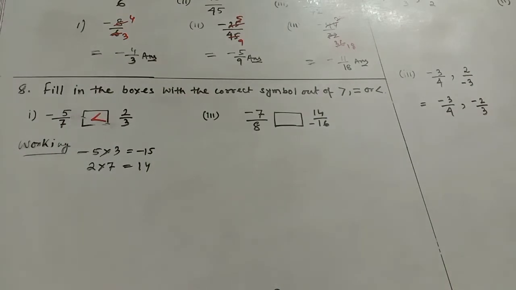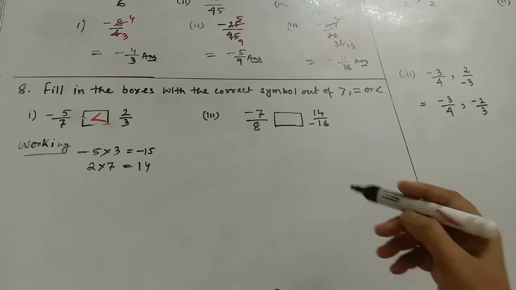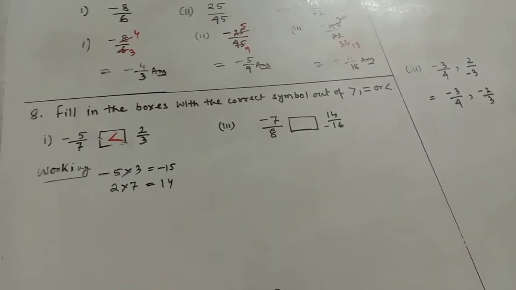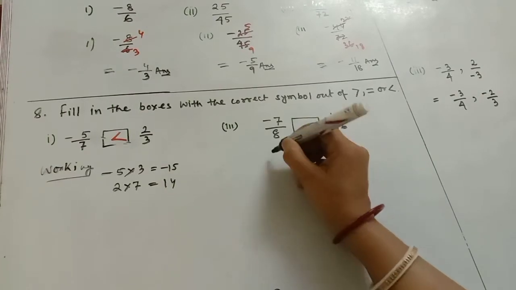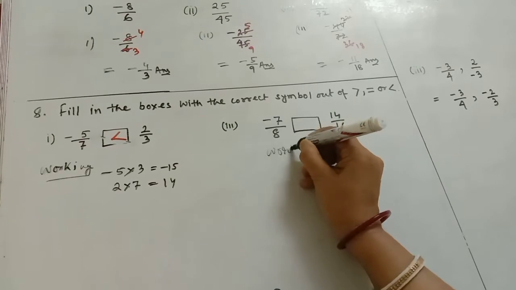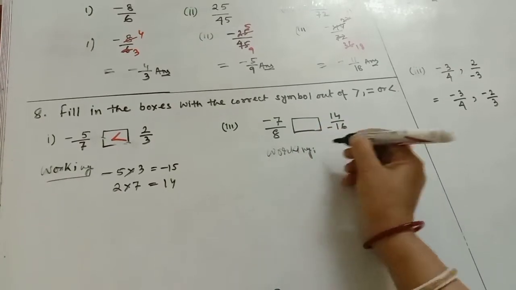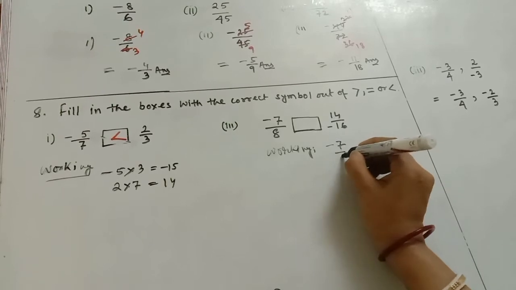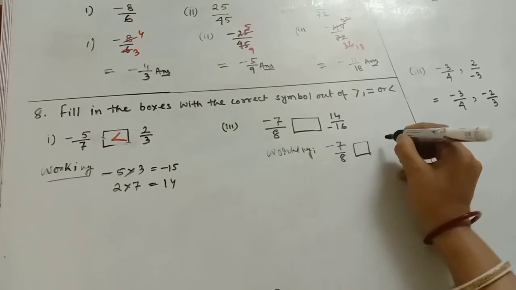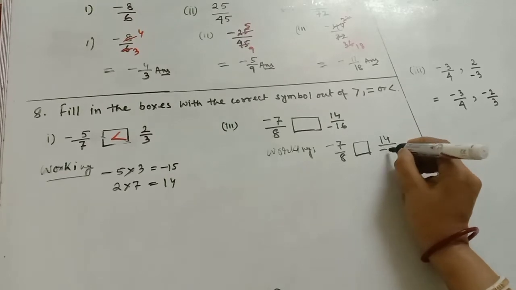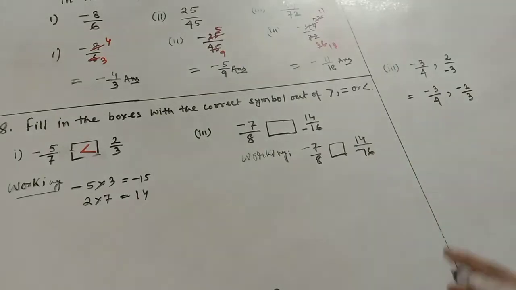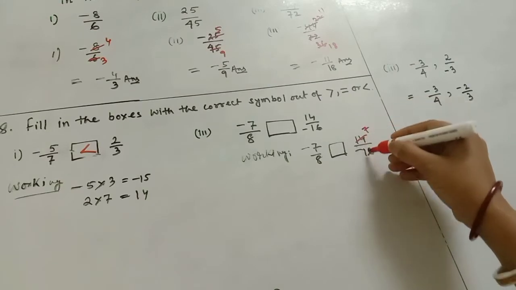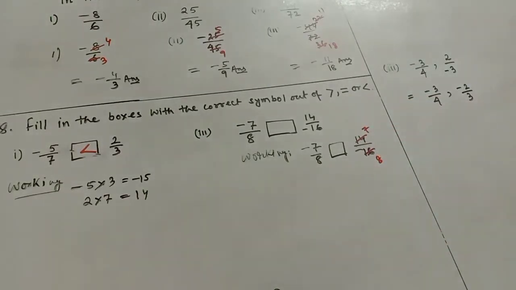Next sum is minus 7 by 8 and 14 by minus 16. First of all, you start working here. Minus 7 by 8, and put the box here, 14 by minus 16. When you are writing this, you can see that you can cancel it to the simplest form also. To make this simplest form, 7 2s are 14, 8 2s are 16. So the number becomes